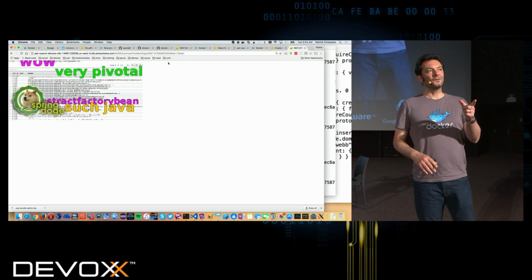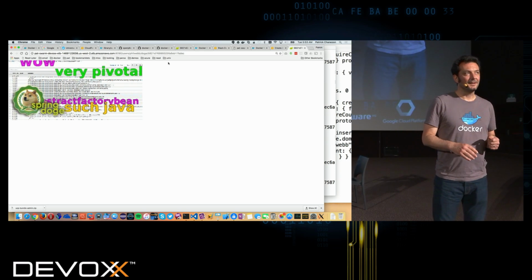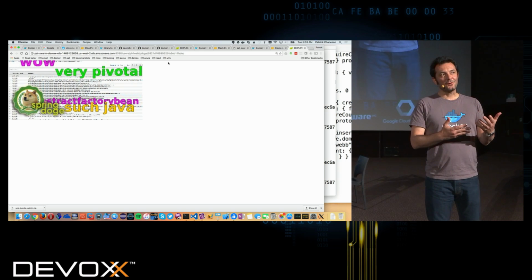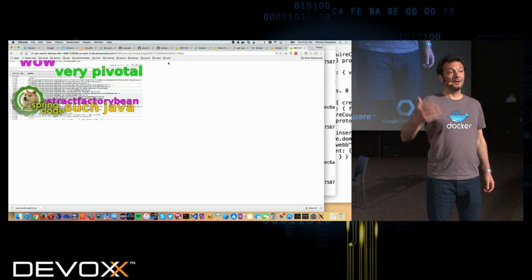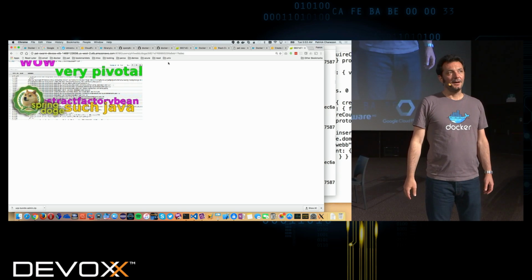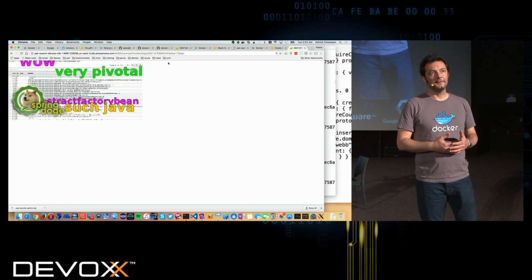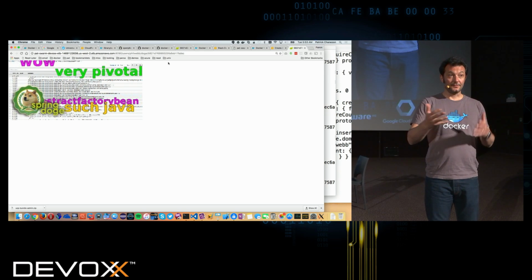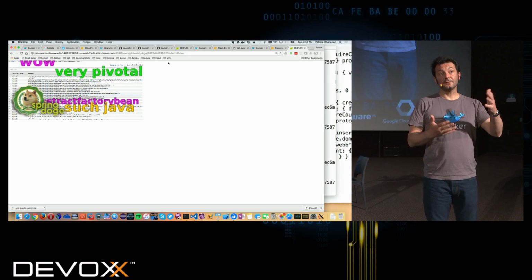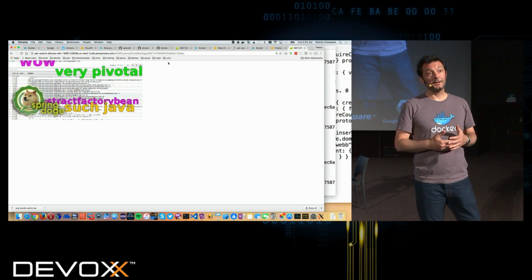Yeah. So the problem that's exposed here is the chicken and egg problem. When you're using a private registry, how do you get your base images? And the answer here is, we have Docker Store that hosts all the official images, especially for commercial software.